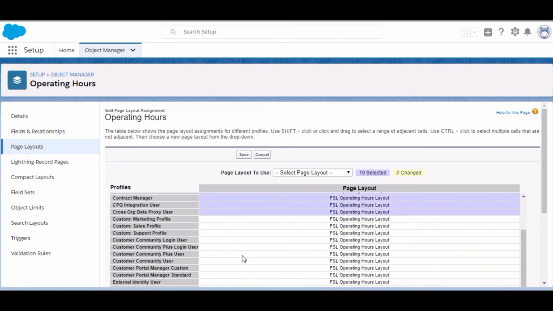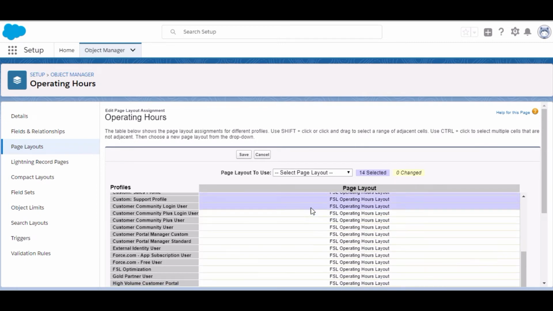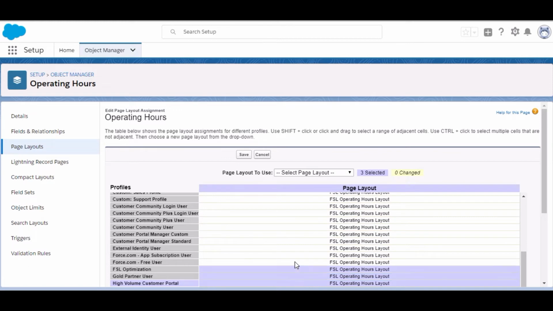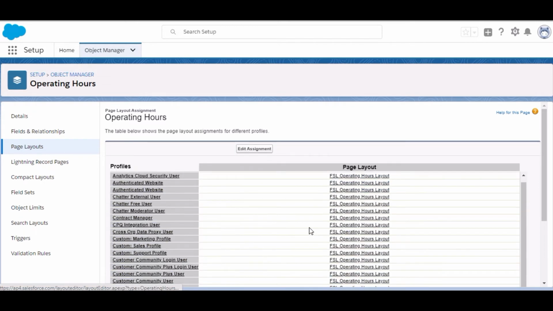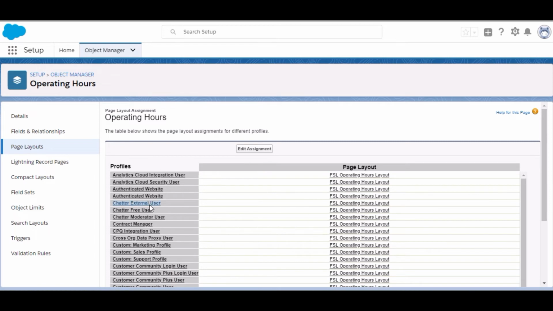First we select all of them, we drag and select all of them till here. Okay, from here we select FSL operating hours layout. We click on save. You can see that all of them are assigned here for all of the users. Now similarly we can do the same for